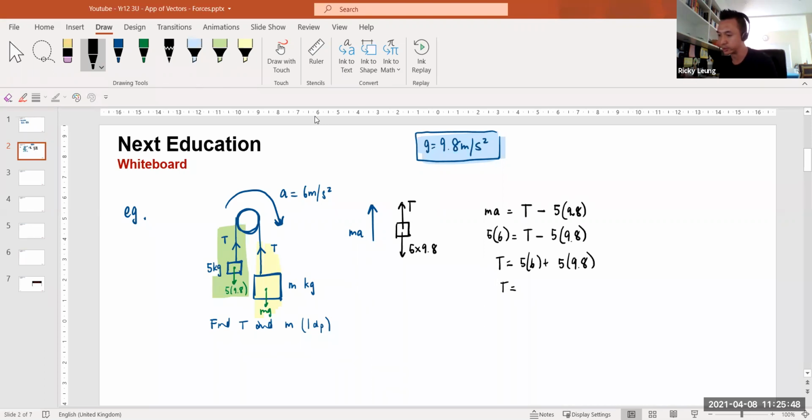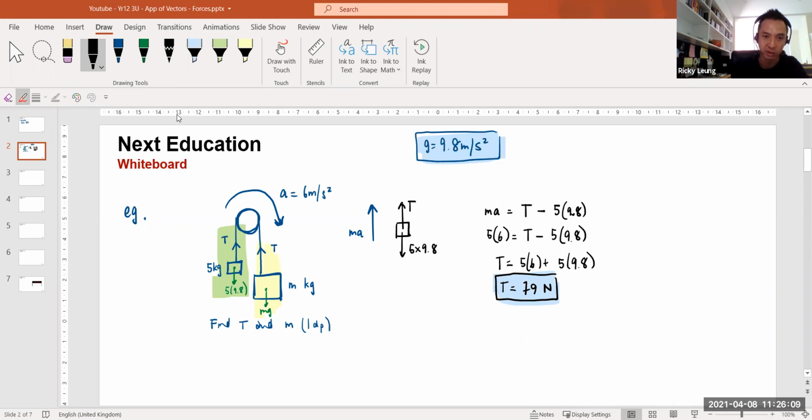So let's see what you get on your calculator. I'm hoping it's like 79 newtons. If my arithmetic there is wrong, please bear with me, but the concept hopefully is sound: the tension there is 79 newtons. Pretty easy. Now, once you get the tension on one string, use that tension on the other